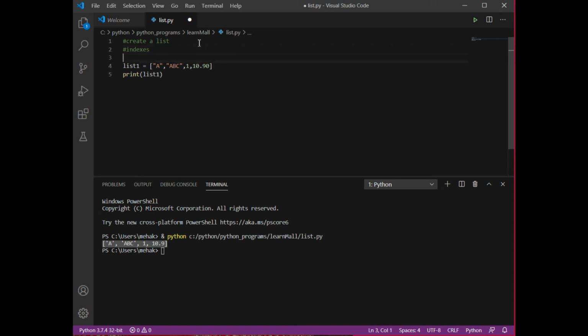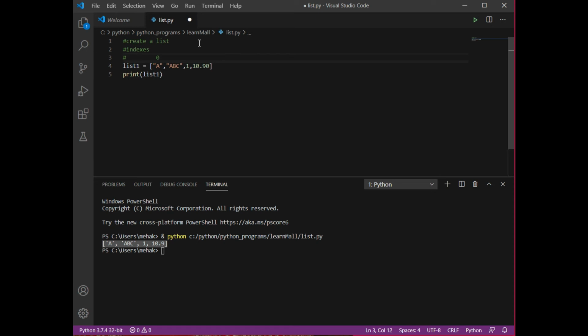Now how your index is going to work, this is a default property, you need not do anything about it. So the very first element is going to get stored at index 0. Like in mathematics, whenever you give a sequence to a set of values, you start your sequence from 1 and move ahead incrementing by 1. Suppose I have 5 elements, so I'll write 1, then 2, then 3, then 4, then 5, right? Similarly, in Python, the index is going to start from 0 instead of 1. Rest everything is the same, right?